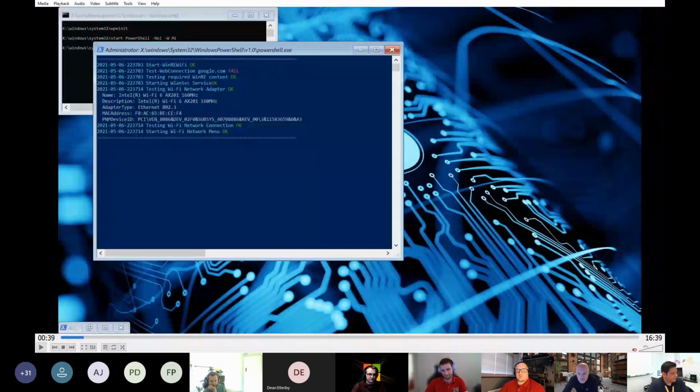I've paused it right here because this is a secondary PowerShell window, which is starting wireless. It's checking for an internet connection. Obviously, if you're connected with Ethernet, you're going to see this. It's going to pass on a web connection to Google, and then it's going to exit out of wireless.